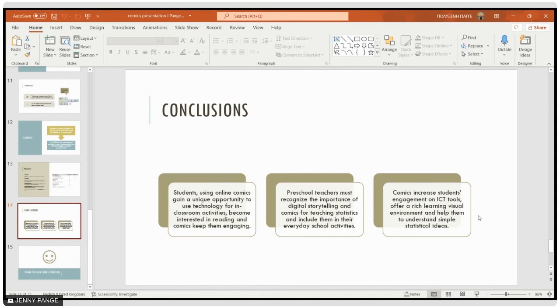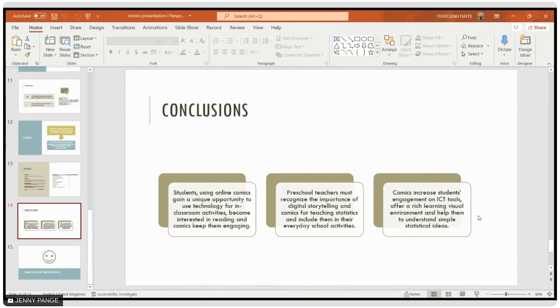Preschool teachers have to recognize the importance of digital storytelling and comics for teaching statistics or mathematics, whatever, and include them in their everyday school activities.